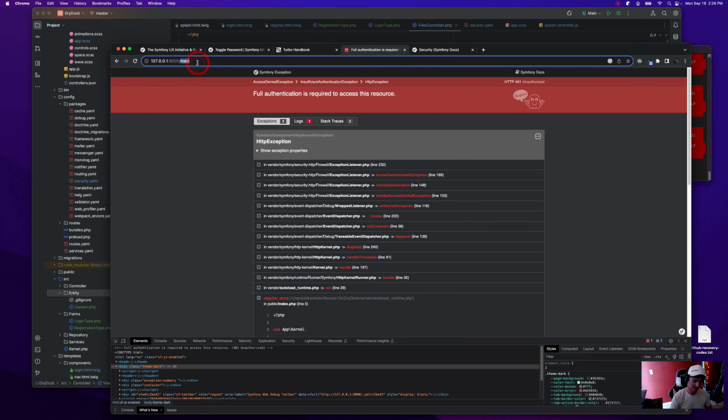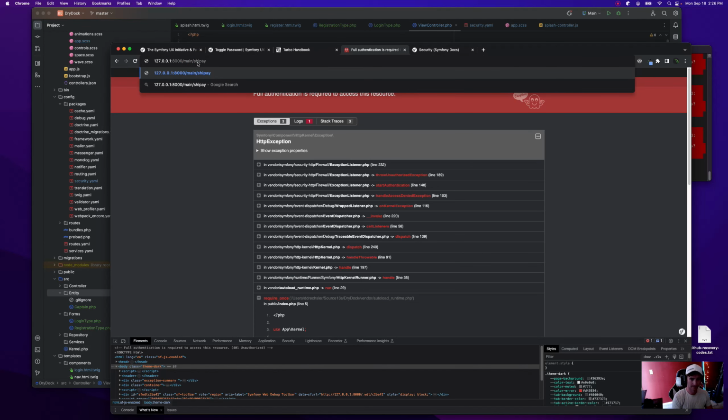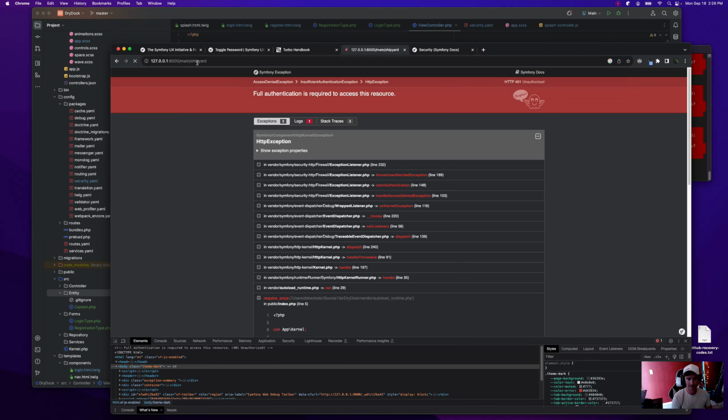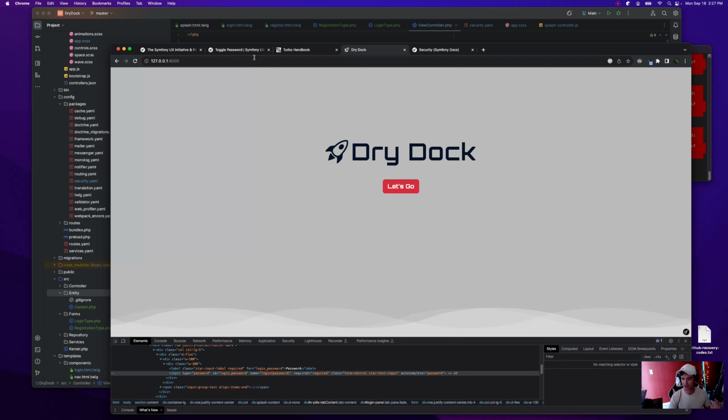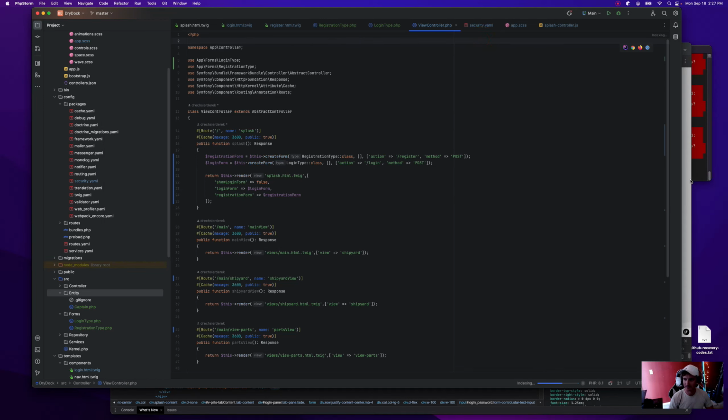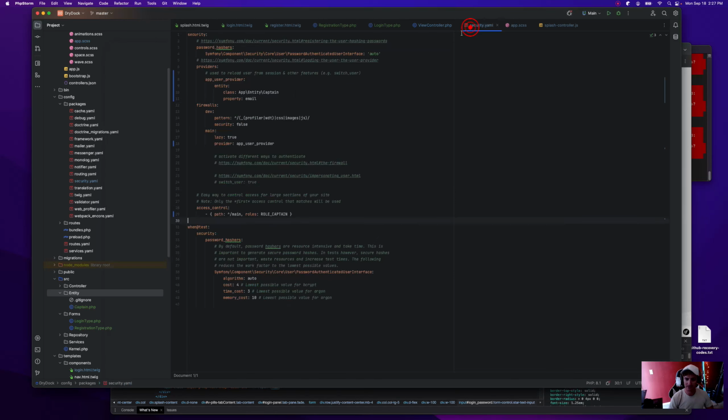Can't access it. Can't access it. And we're going to go through this little error and how to fix it in just a minute. And shipyard doesn't even exist. Cool. All right, awesome. So we locked down the app. You have to log in now. There's no other choice. It's locked by the server. We're set. One last thing we need to do in security.